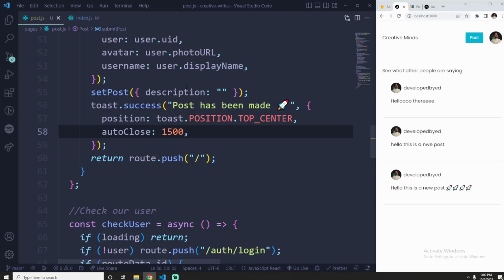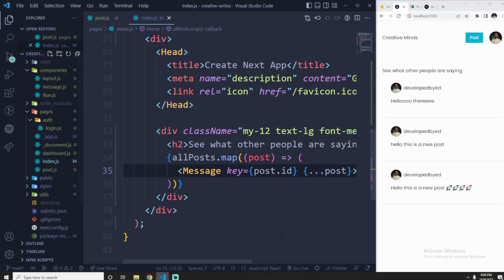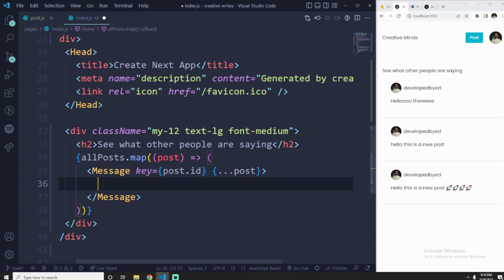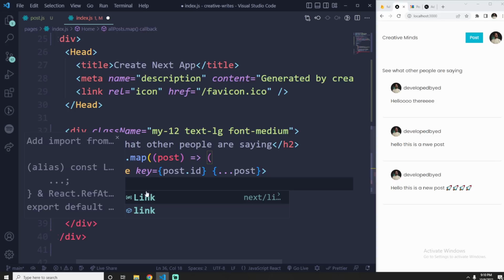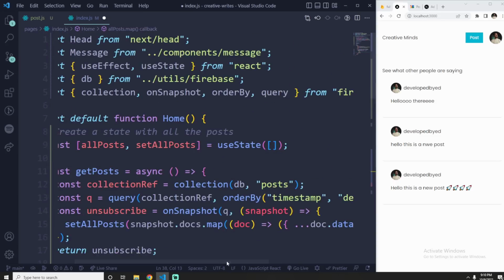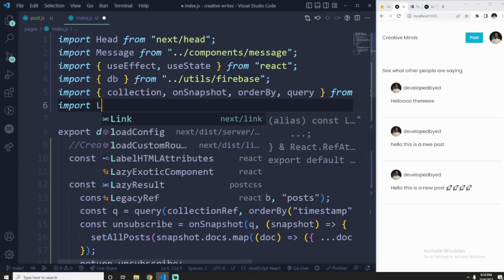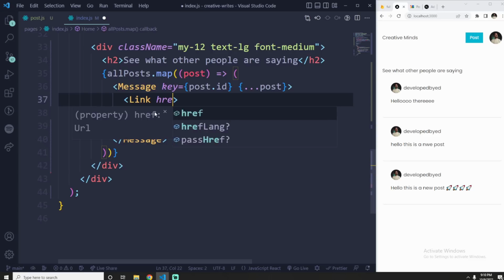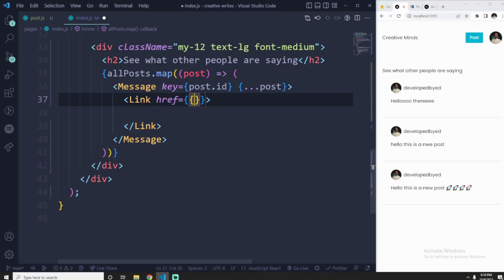Okay, so for that, let's head back to our index.js. All right, this is where I want to see the comment. So index.js, let's close that, make more space, and inside the message here, let's add the functionality. So what I want to do is make a link tag. Let's see, do I have that imported? No, I don't. Import link from next. Cool. So here now, we're going to say href, and I want it to send us over to path name and I'll do backticks and say dollar sign curly brackets